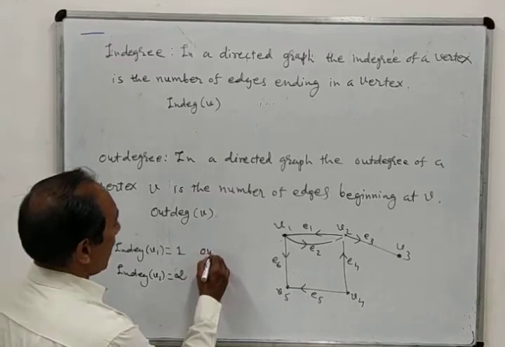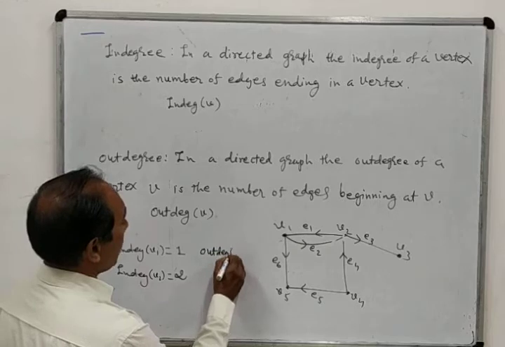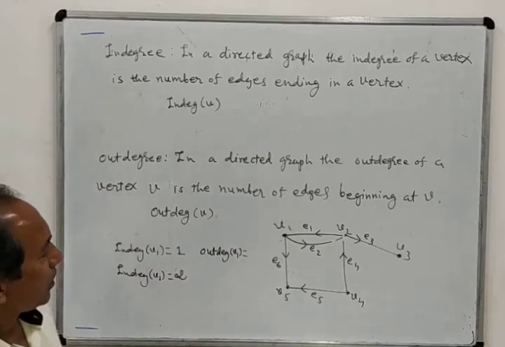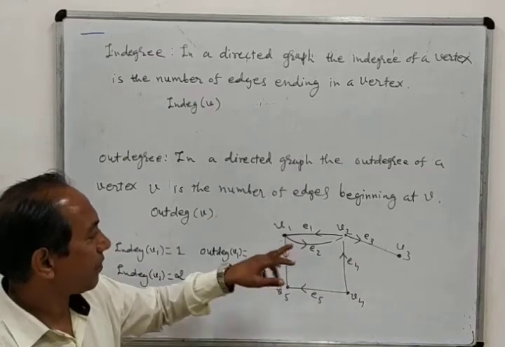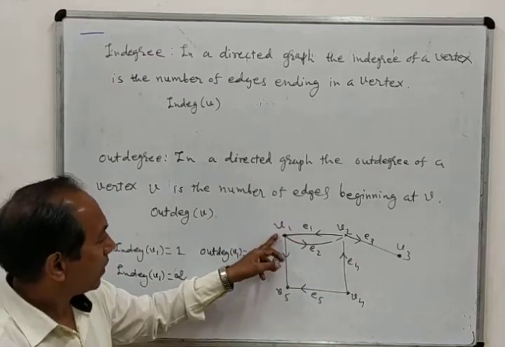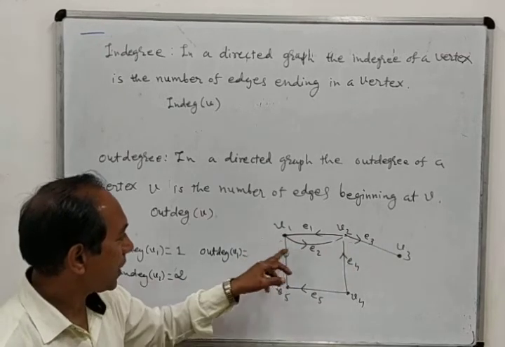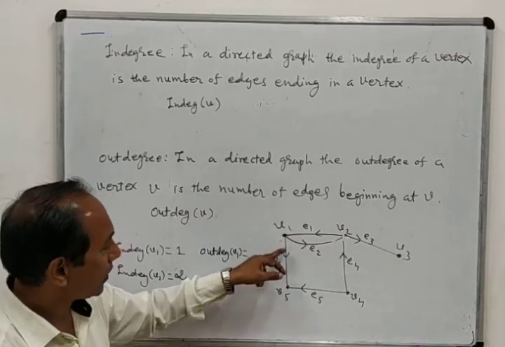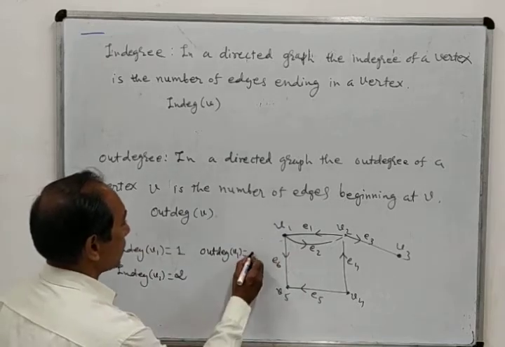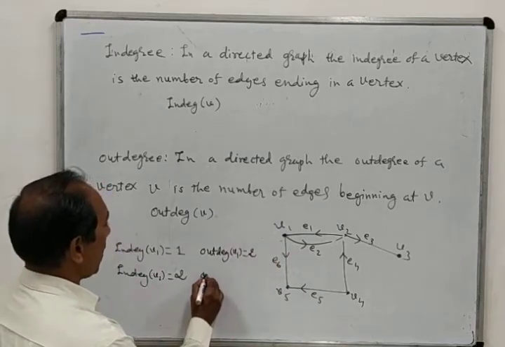Suppose we are counting the out degree of V1. Out degree of V1 means the edges leaving V1, moving forward. Here E2 is going outside, E6 is going outside. So there are two edges going outside from V1, so this is 2. And out degree of